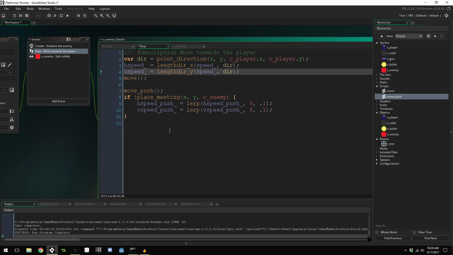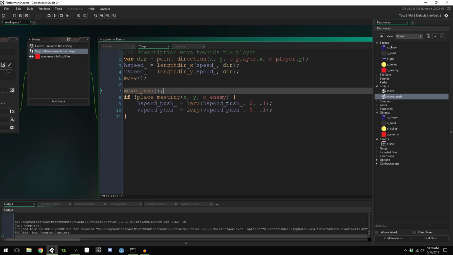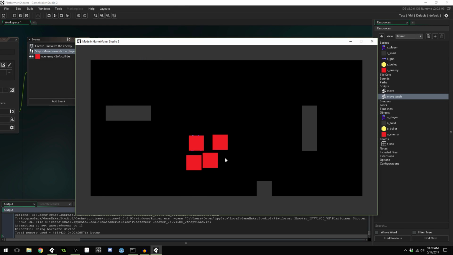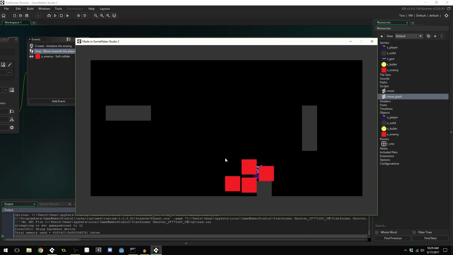And it seems that, oh, there we go. That cleared up. So now basically we're adding a friction to this pushing speed that we had. Okay, so we've added this friction. Now they push outside of each other, and then once they're outside of each other, the friction kind of stops. They're still a little bouncy. You can see they kind of bounce off each other quite a bit, but it's a lot better than what